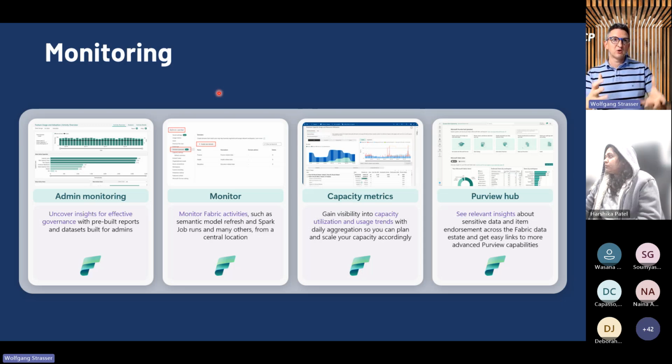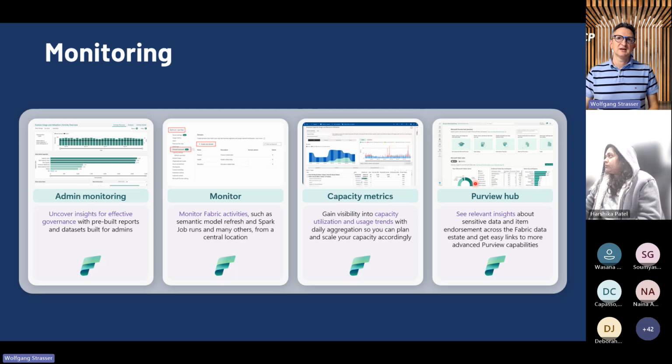And we need some more information about how much is going on in here. So what are the pieces that really burn down our capacity. And we can also have a look at the runs, notebook runs, pipeline runs, to get a deeper understanding of what is really happening in my environment.